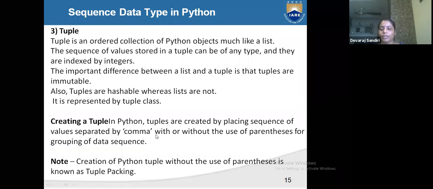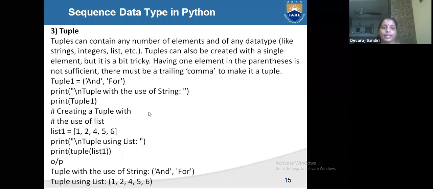Tuples can contain any number of elements and any data types, like string, integer, list. Like a list it is declared, but a list is mutable while a tuple is immutable.